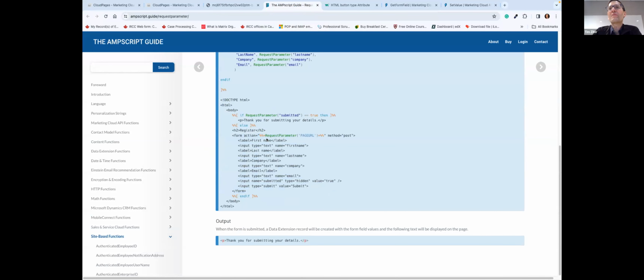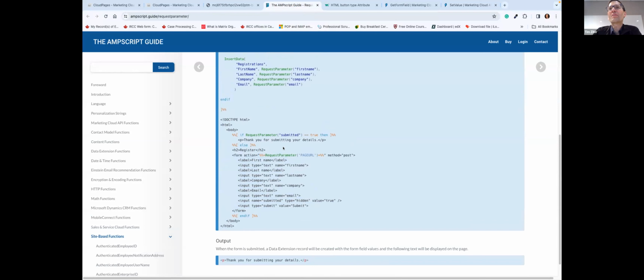And, you know, we even use this for SSJS today. So you can find that it sort of crosses code back and forth as well, and has a lot of good HTML as well. But definitely highly recommend bookmarking both the server-side JavaScript documentation tab and this AMPscript Guide. And then